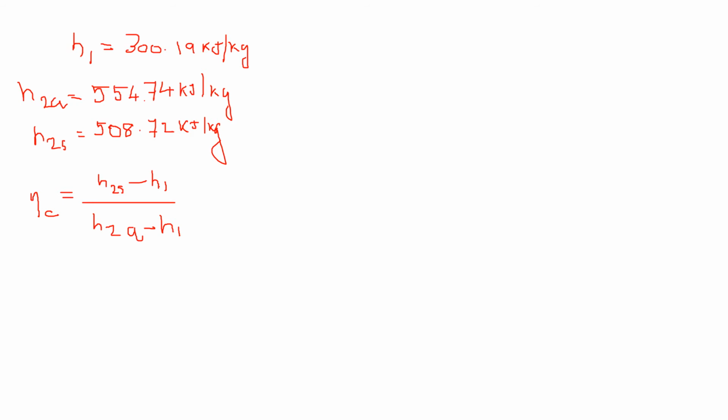Because for a compressor it is isentropic compressor work divided by the actual compressor work, which is also written as Ws over Wa, which is equal to the values we have over. What is H2S? 508.74 minus, what is H1? 300.19